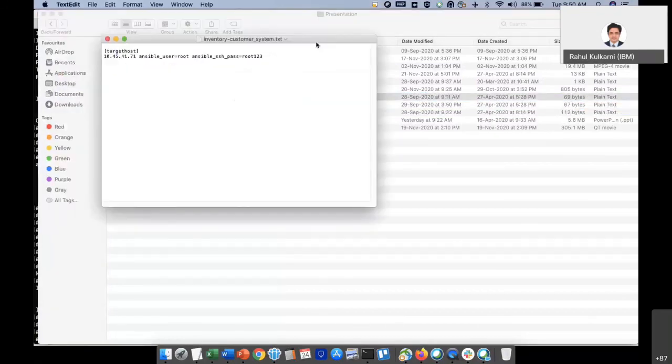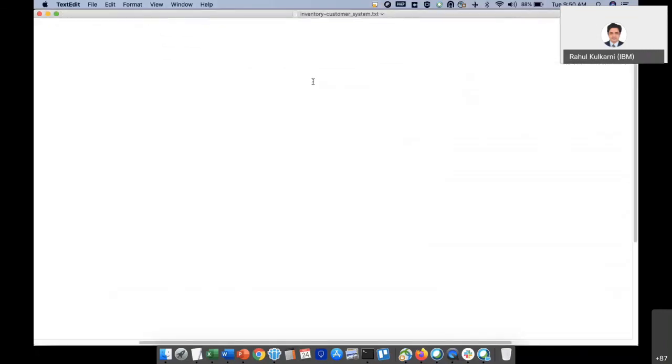So inventory file is a file containing the list of the hosts on which I want to run the tasks. So I have given the one host information. If you want to run it on 100, you will give the 100 IP addresses here. So this is the IP address, followed by the username and password. But if you are going to use Ansible on a regular basis, generally we set up the passwordless